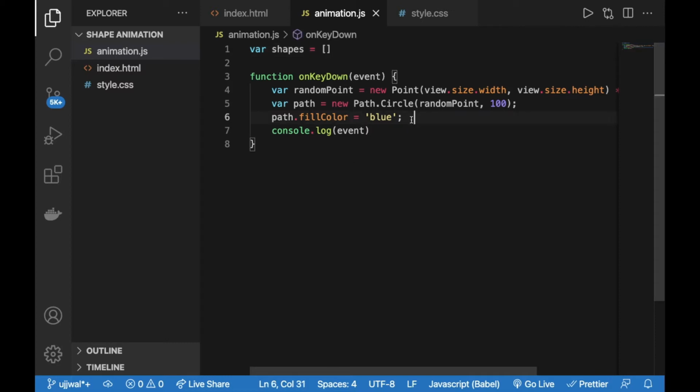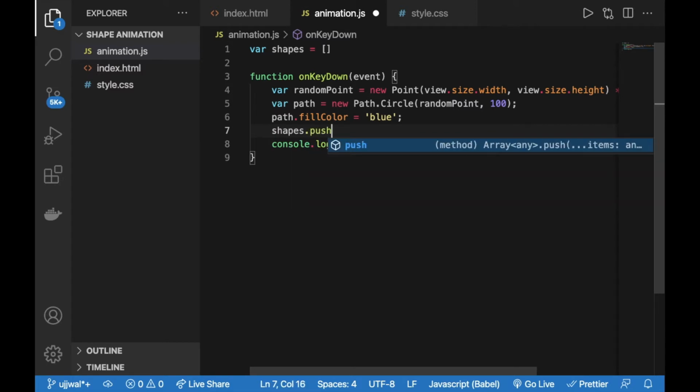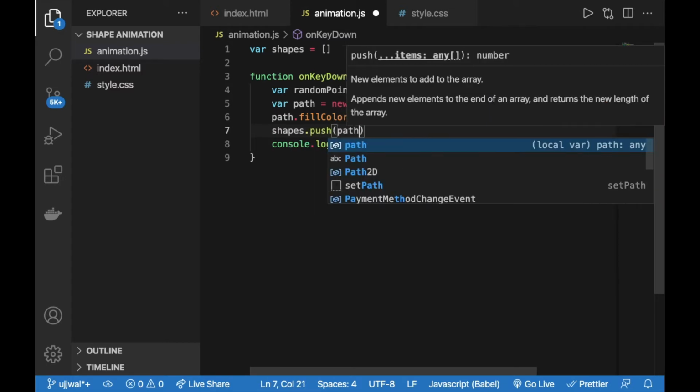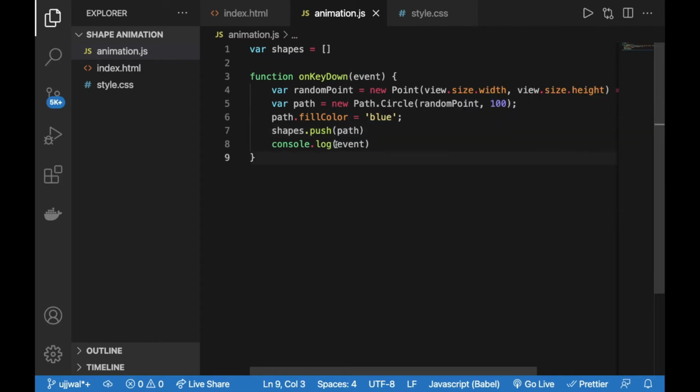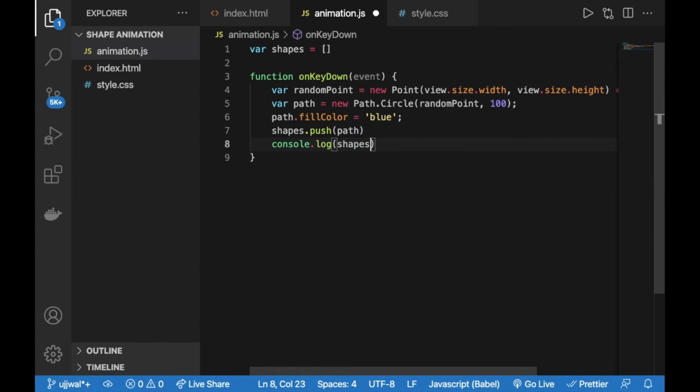After that, as soon as I hit the key, I'm going to push the shape that is declared with these three lines into the shapes array. shapes.push is going to push the path inside the shapes array. Let me console.log it out, and let's see what we have.